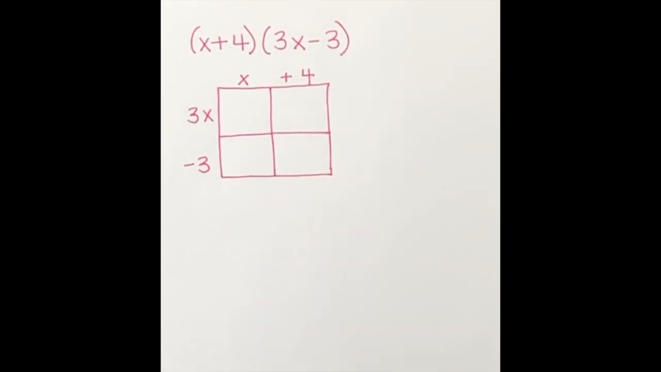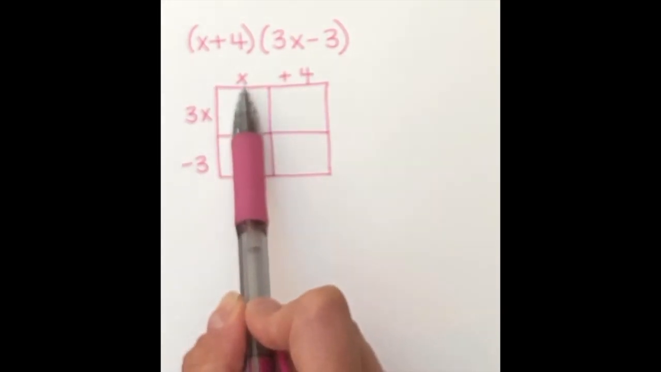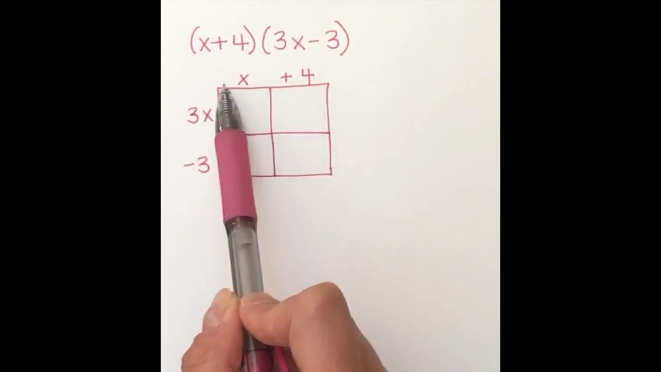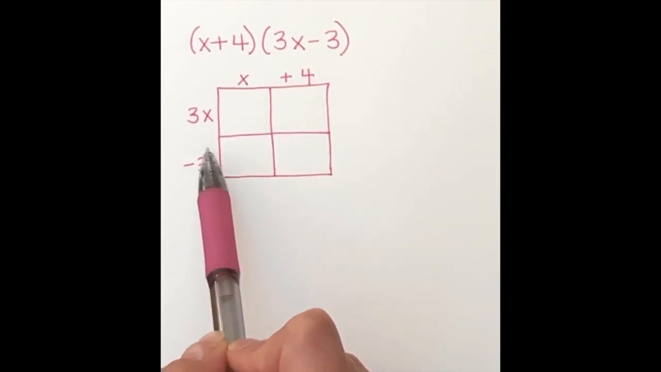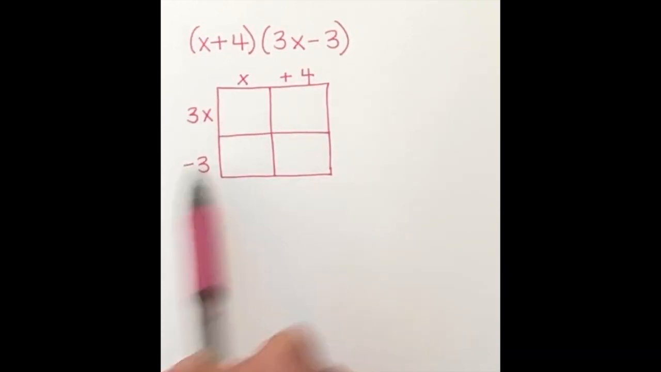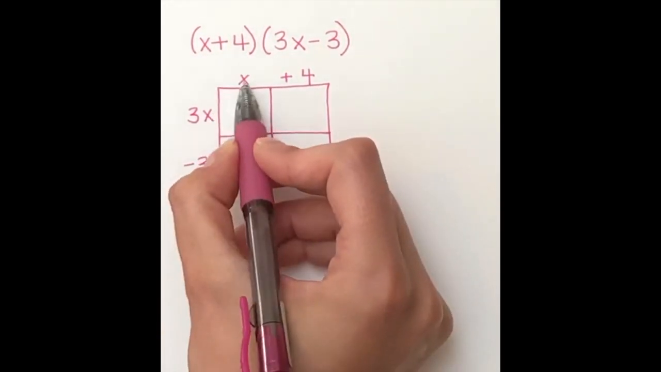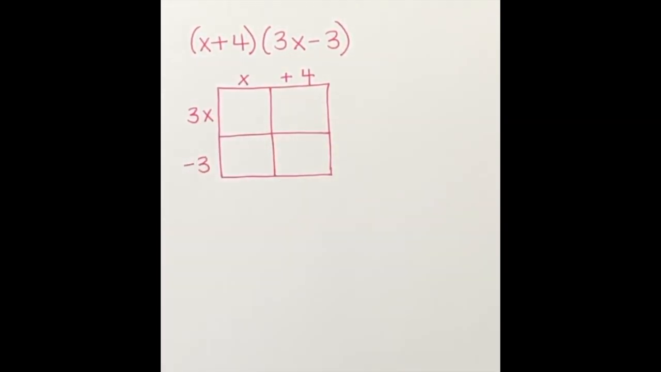So I went ahead and I drew my window. And in my window on the top, I have my first binomial, x plus 4. And along the side, I have my second binomial, 3x minus 3. Well, now I'm going to go ahead and do the multiplication, just like Mrs. Sullivan did. So, x times 3x is